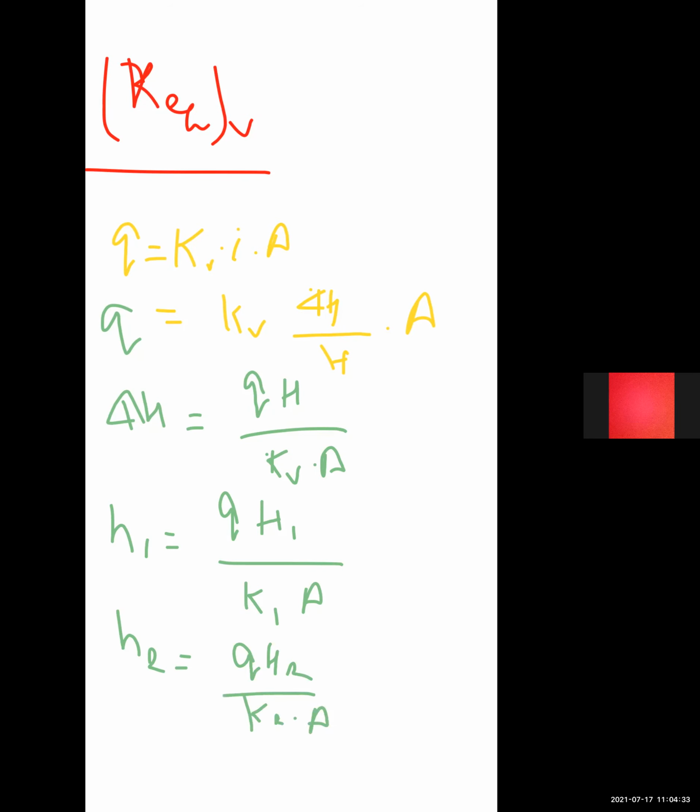Similarly, for H3, Q into H3 divided by K3 into A. Similarly, for H4, Q H4 divided by K4 into A. So for calculating K equivalent,